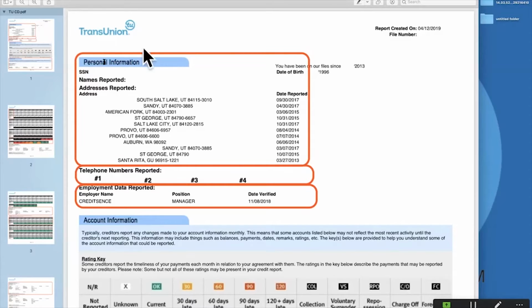Now, under personal information, there will be one or more Social Security numbers. These are blanked out, but I'm showing you where they would be. The date of birth: if you have one or more dates of birth, they're going to show you how many you have. We have clients all the time whose files are conjoined with a spouse, and they may have the spouse's Social Security number.